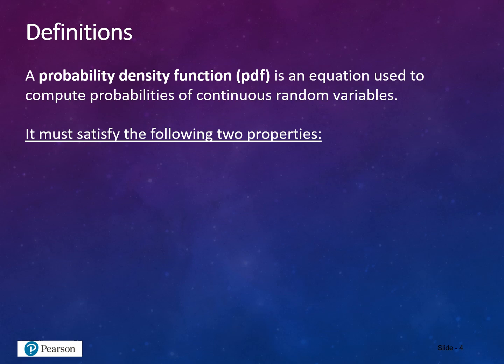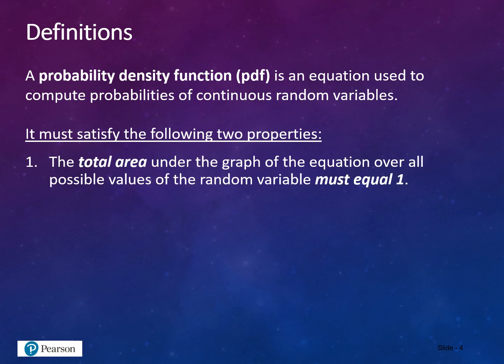A probability density function, known as a PDF, is an equation used to compute probabilities of continuous random variables. It must satisfy the following two properties. The total area under the graph of the equation over all possible values of the random variable must equal 1. This connects to the idea of probability, that all the probabilities must add up to 1. And so the area under the graph